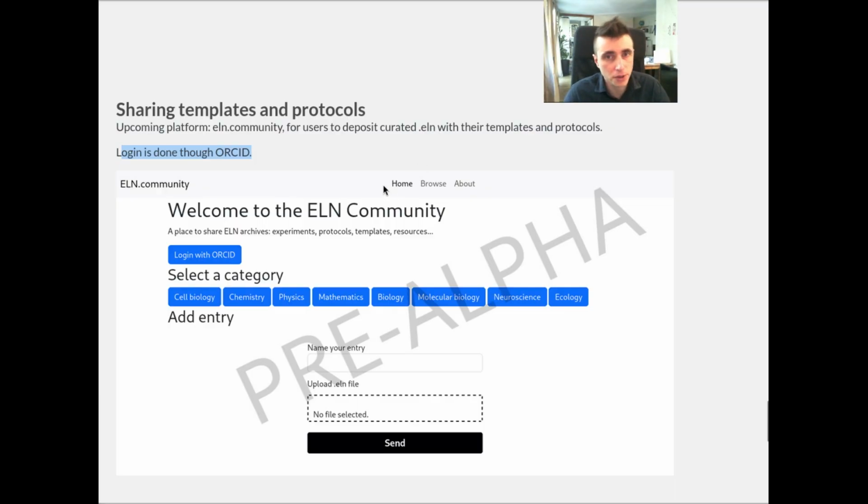The idea, of course, is not to have the ultimate place to push your data, but rather a way for users of the ELN system, or any ELN system, and not necessarily only labs, to have a place to find examples of data. This is something that users are asking a lot, like to have a get started thing, so something to get started basically.